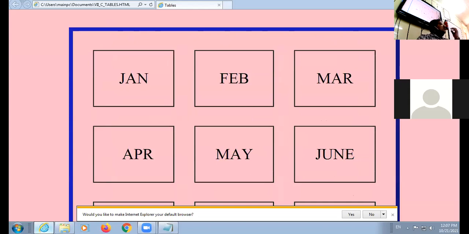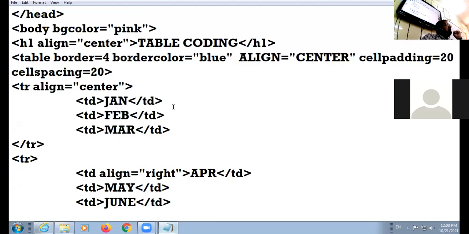ये देखो, check it. Both cell spacing as well as cell padding I have given. You are not serious in the lecture. Continuously you are looking here and there only. Am I clear to all? See the coding and type parallel on your PC, and I'll just see what you have typed. Hurry up.